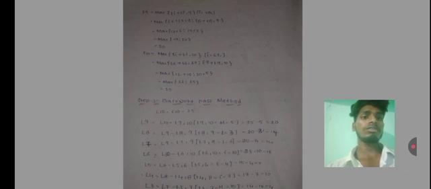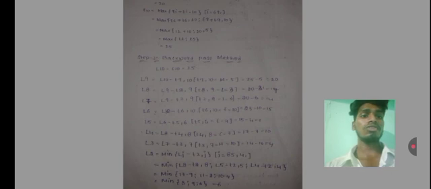Step 3, backward pass method. L is equal to 9, L is equal to 10 plus 10, 19 plus 10, 25 minus 5 equals 20. L9 minus T9, L3 equals 20 plus 34. L5 equals L6 minus T5, 15. Minimum of L2 minus A equals 8, 5 plus 4. Minimum of L2 minus B is L5 minus T equals 4 plus 4. Minimum 17 plus 9, 11 plus 2 equals 10. Minimum 8, 9, 6 equals 6.